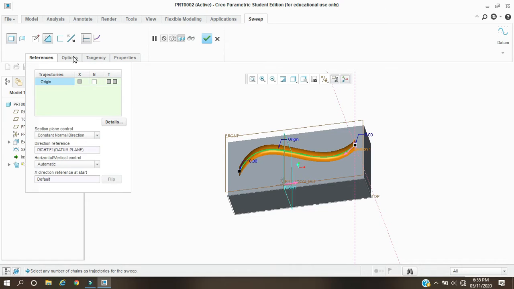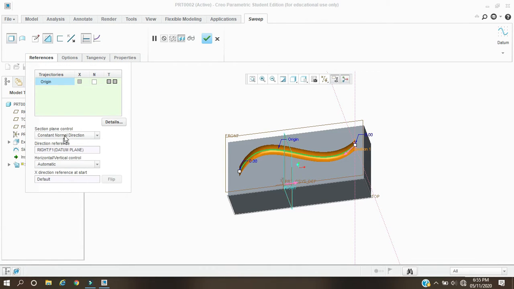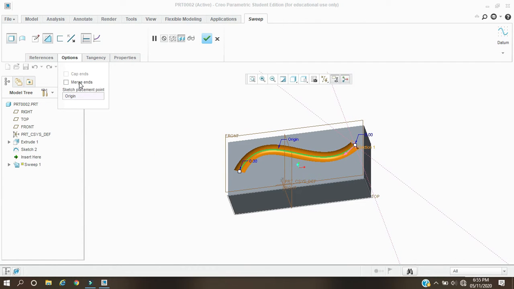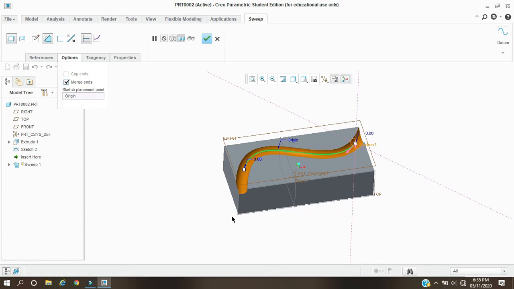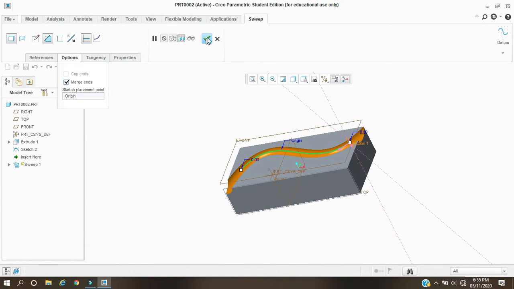And in options there is an end merge. For end merge we need to select only along the trajectory and select the end merge. Now you can see the end is extruded and material is cut along this trajectory.